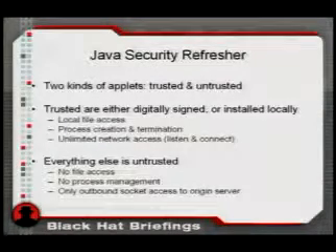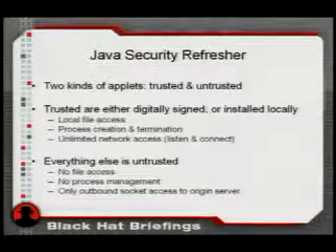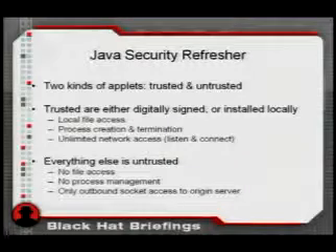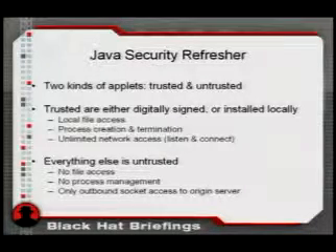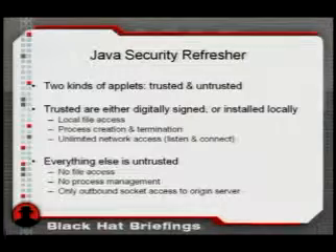It can create and terminate processes, and has full socket access, either outbound to other hosts or even acting as a listening socket. On the other hand, untrusted applets have very few rights. They cannot interact with the local file system. They have no process management capability, and the only socket connections they can establish are outbound to the origin host, but they can connect to any port on the origin.